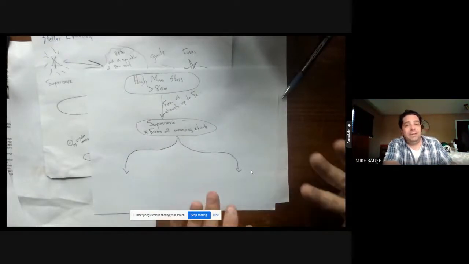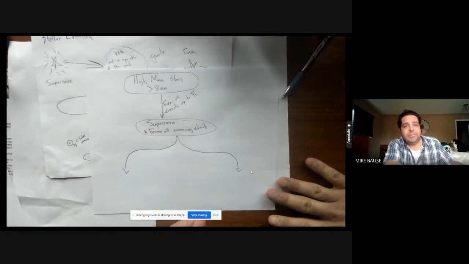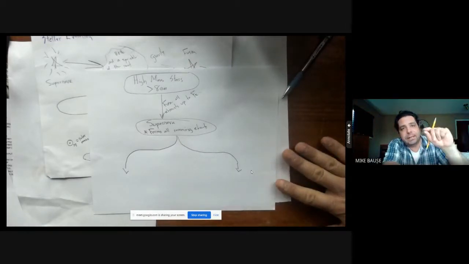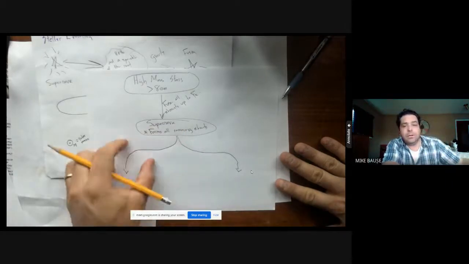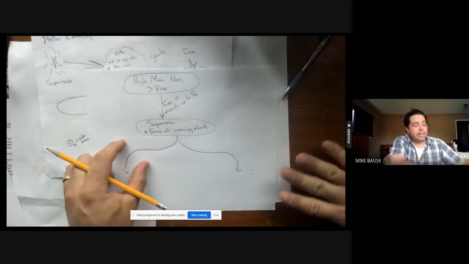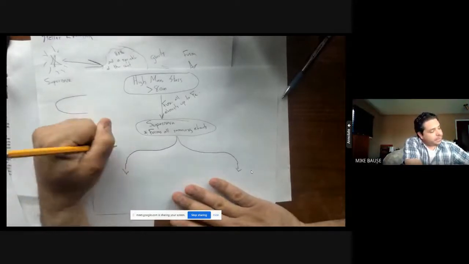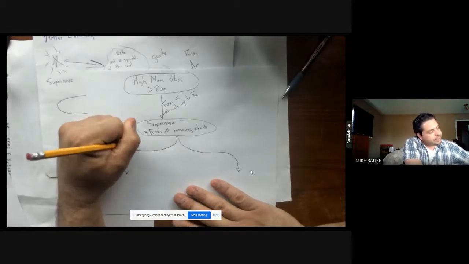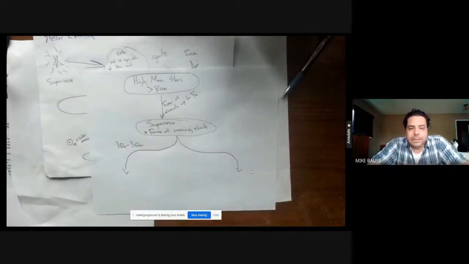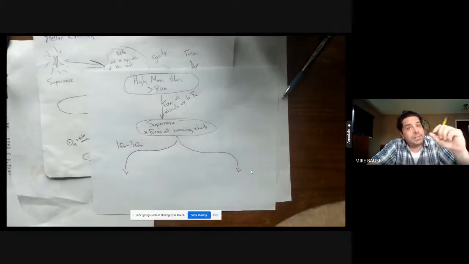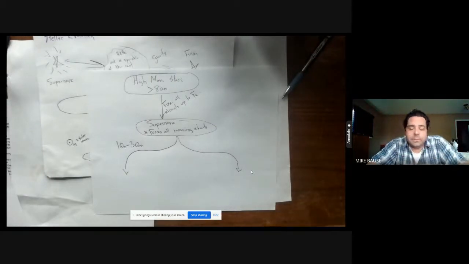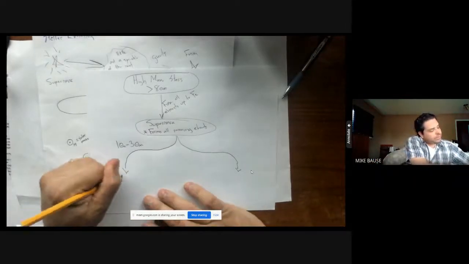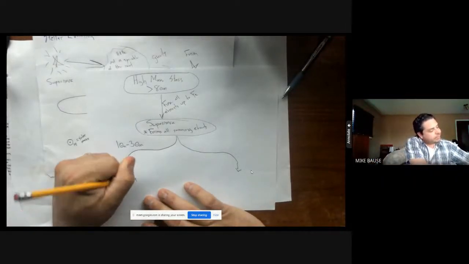Now, out of 10,000 supernova explosions, 9,999 of them are going to go to the left of the fork, right? And what happens is you have a star that is basically 1 solar mass to 3 solar masses in mass. Any star that remains with 1 to 3 solar masses, so basically the mass of the sun, or 3 times the mass of the sun, ends up becoming what's called a neutron star,